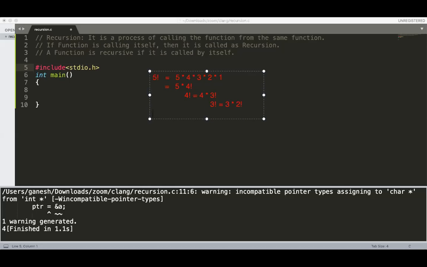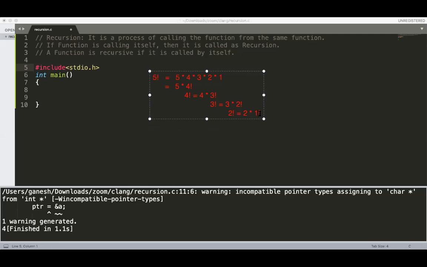And suppose I want to calculate 2 factorial, can I again use the same method, that is 2 multiplied by 1 factorial? Yes, sir.